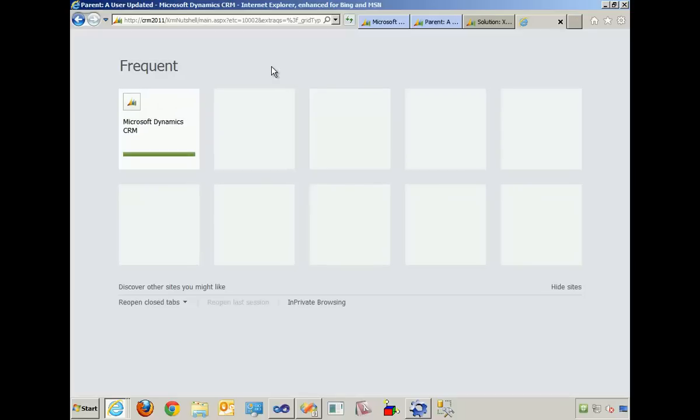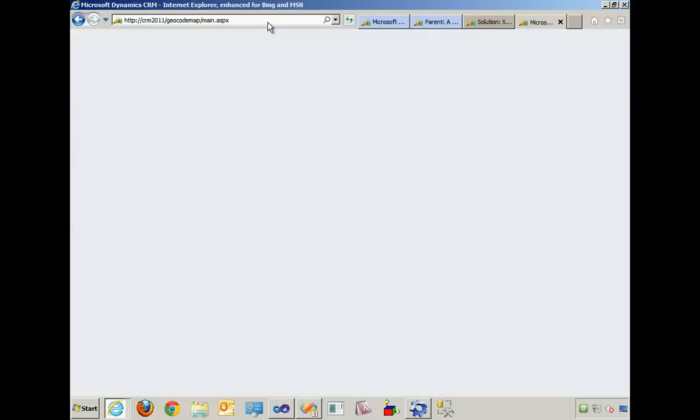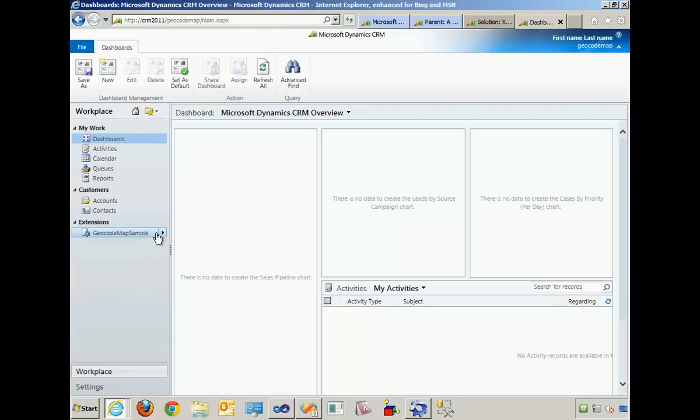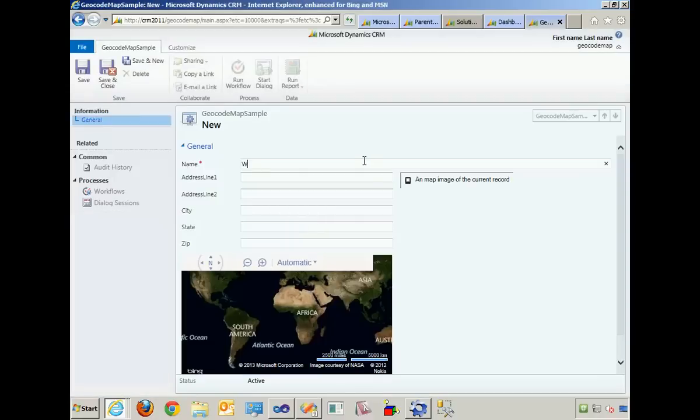So let's bring this together with an end-to-end sample. So if I come over here to my geocode map sample and I create a new one of these, and let's say this is the White House and it's 1600 Pennsylvania Avenue, Washington, D.C. And it's 20500. If I save this,